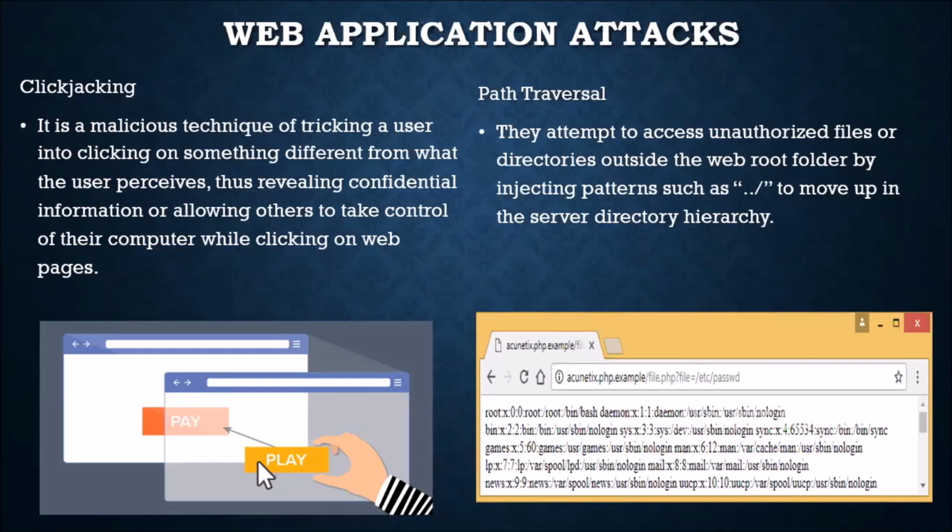What I could do is, if you could see the below snip, take for example, there is a bank website where a pay option is there. I could copy the URL for that pay button and paste it in a new web page and change the button to play. And this URL I will be sending it to you through an email.